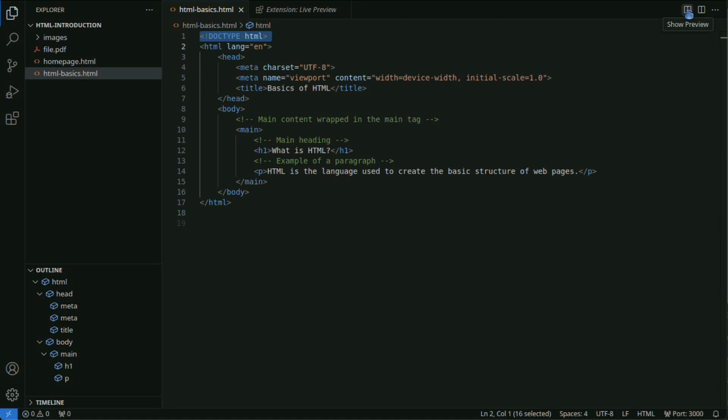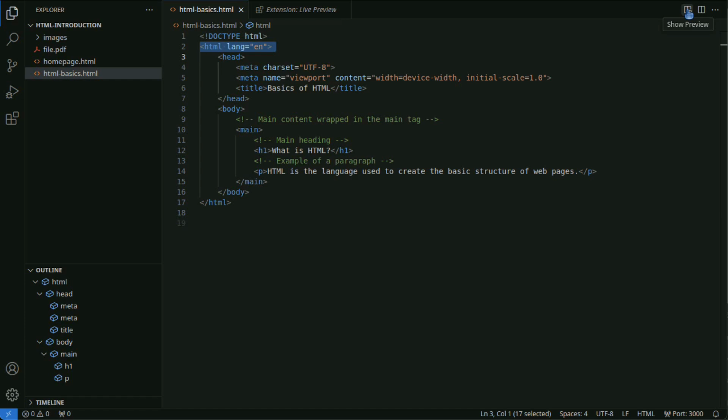At the beginning of the file, we declare that this is an HTML5 document, indicating that it follows the rules of HTML5. The HTML tag is the outermost element in an HTML document that wraps the entire content. Each HTML file contains only one HTML tag, and all other tags are nested inside this tag.